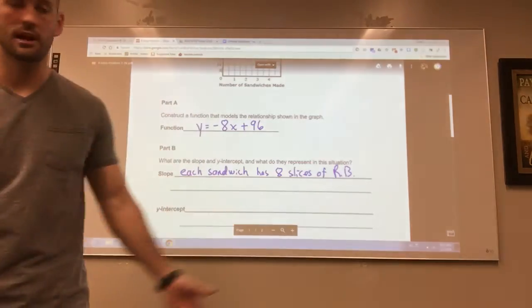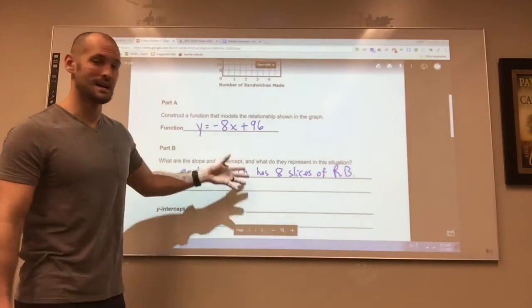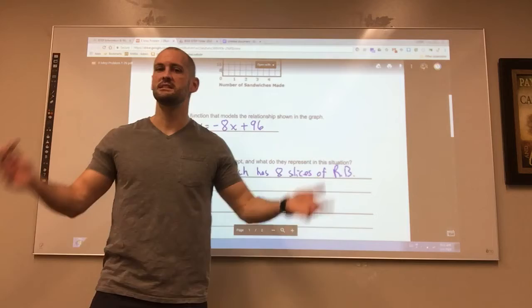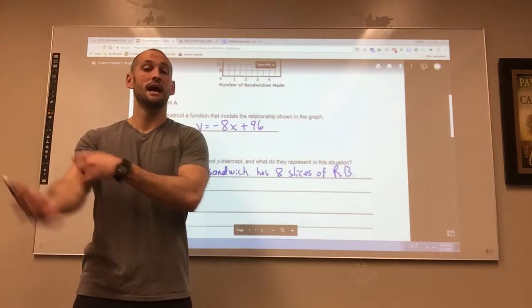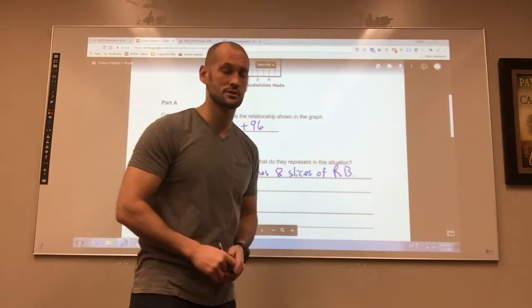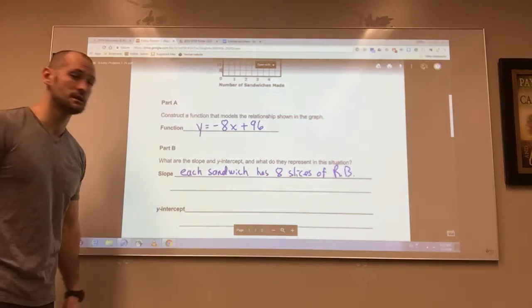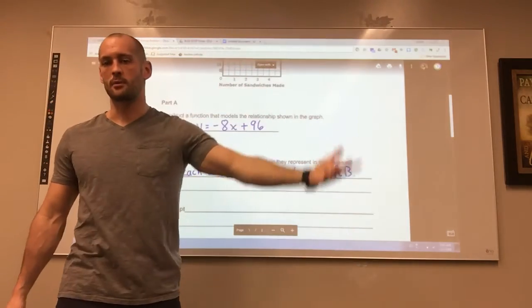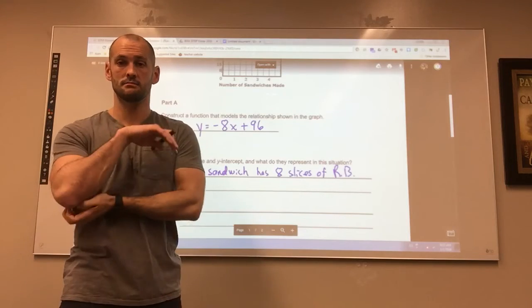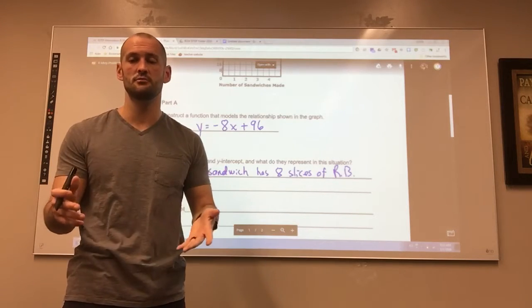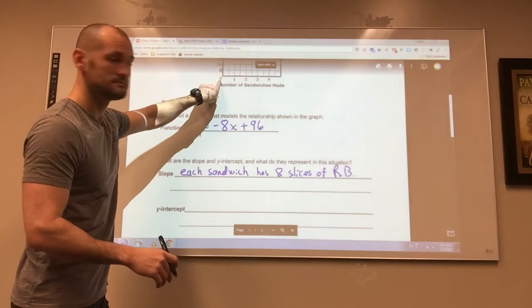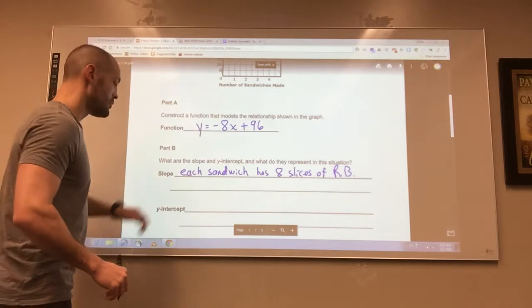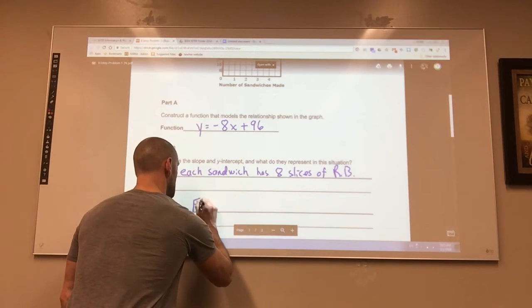Now again, you can say that in a variety of ways. You can say we lose 8 slices for every sandwich we make. That's the same thing. Okay? Anything that equates 8 slices to a sandwich will work for your slope. And the y-intercept. Remember we circled and drew an arrow at the very, very top? What was y representing? The number of slices. Okay, so the y-intercept. How many sandwiches have you made at the y-intercept? None. So the y-intercept tells me that each